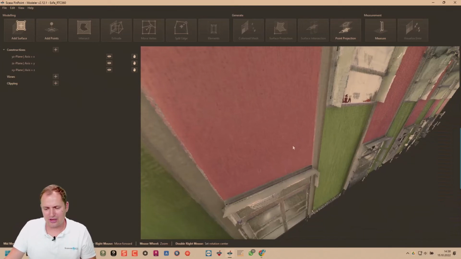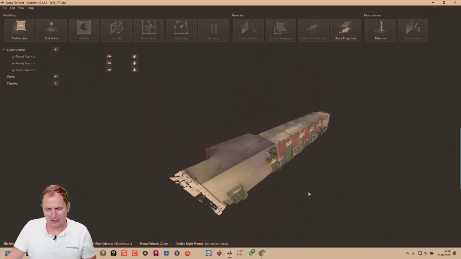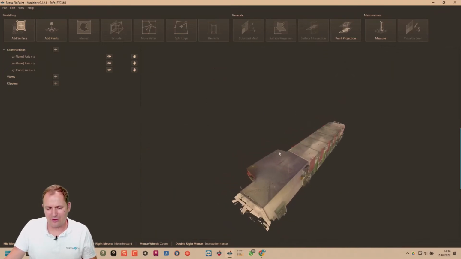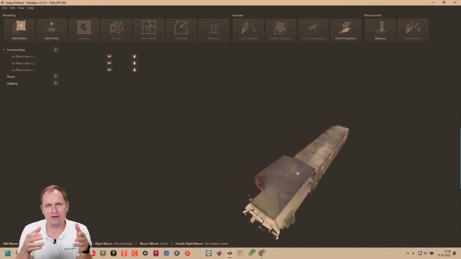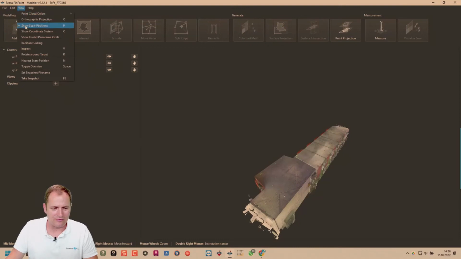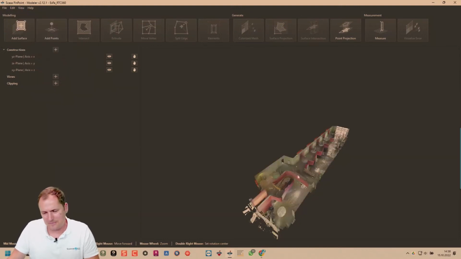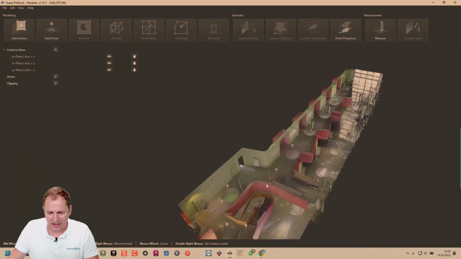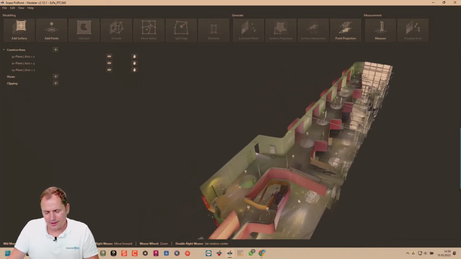So let me show you another example. If I zoom out, now I see the roof, but I cannot look into my object. The main idea is to make everything visible when you look at the data. So this is why we made it like this. If you define this back face culling, you can look directly into the area. So this is this.